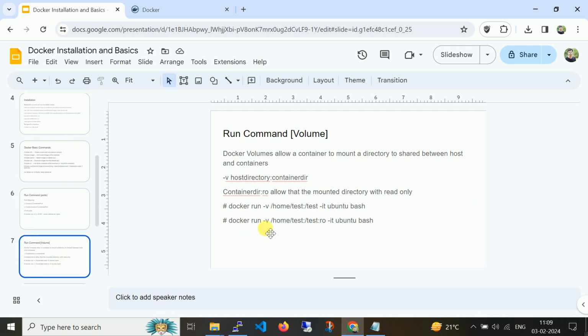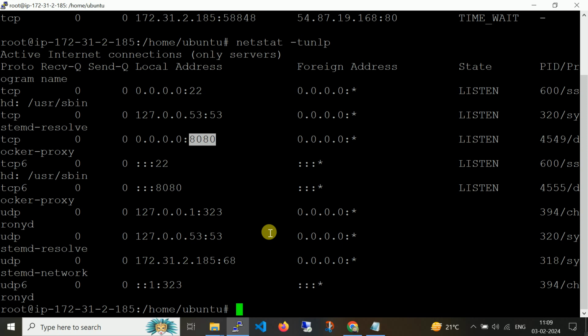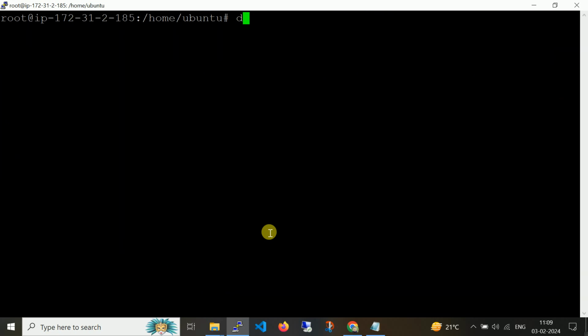Also you can run the command for the volume, which allows the container volume to mount a local disk into your container. So let's create one folder and mount it within the container. For that, docker ps.